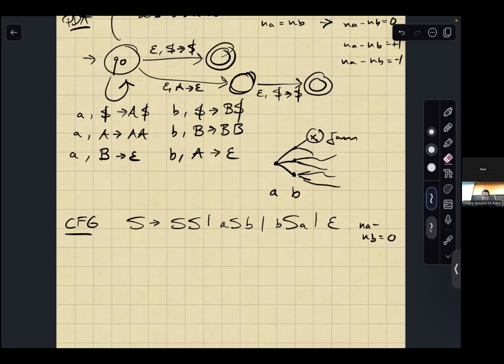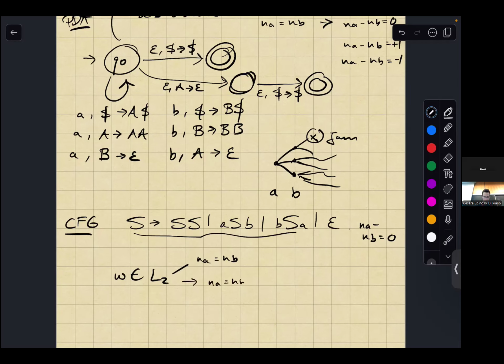So how can we now create the grammar that checks for the difference being at most 1? If you think about it in terms of substrings and recursion, there are three cases. If w is in L2, either the number of A's is equal to the number of B's, in which case you can just use this grammar, or you have one extra A. If you have one extra A, then at some point in your string you have this extra A, and to the left and to the right of it, you have strings